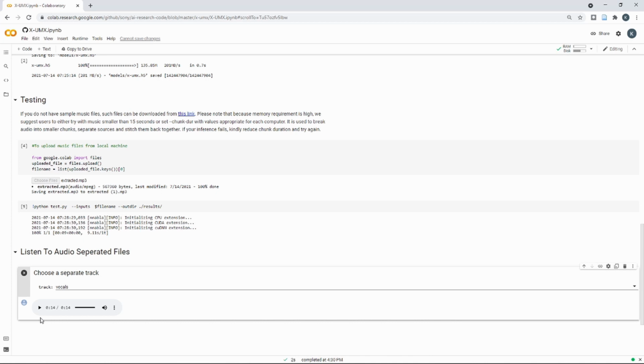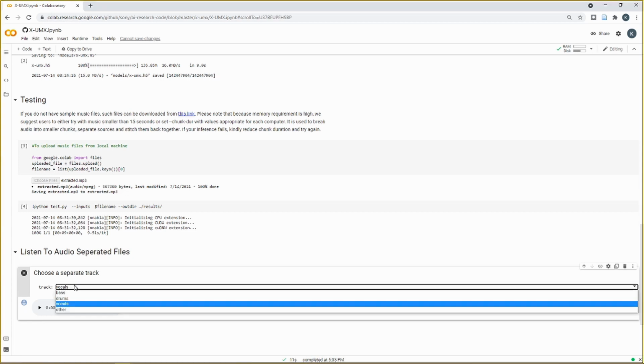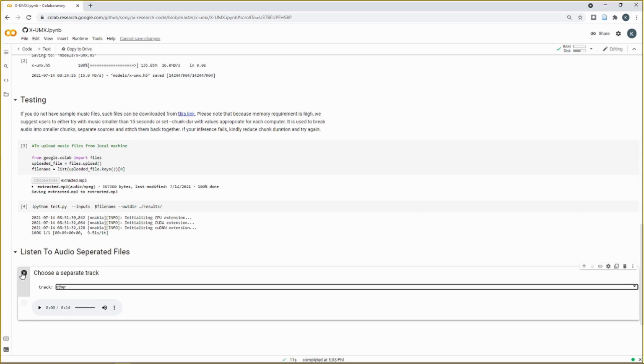Now when we heard the sound clip earlier, you could feel that there were other things or other instruments in the original clip apart from vocals, drums and bass that completed the song. So now let us check whether our model was able to capture those other instruments as well.